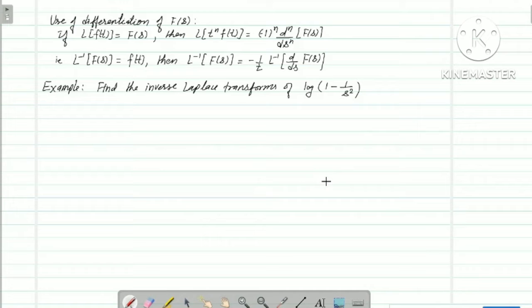Okay, log of 1 minus 1 upon s square. So let us see how to find the inverse of this function. Solution,